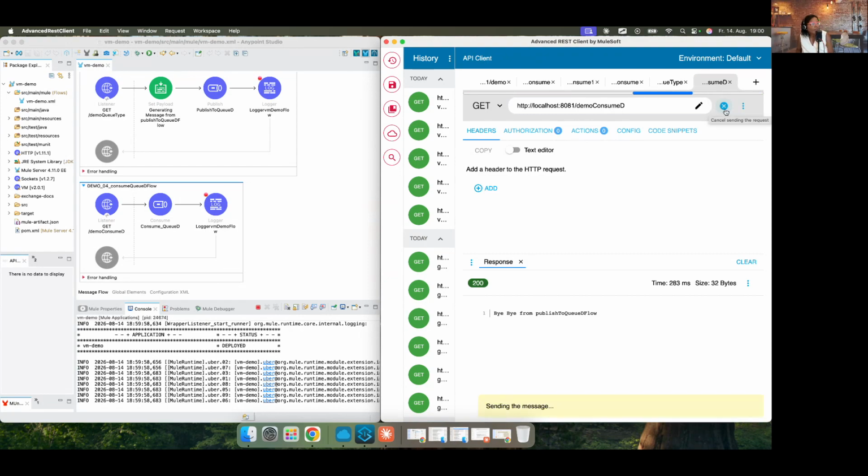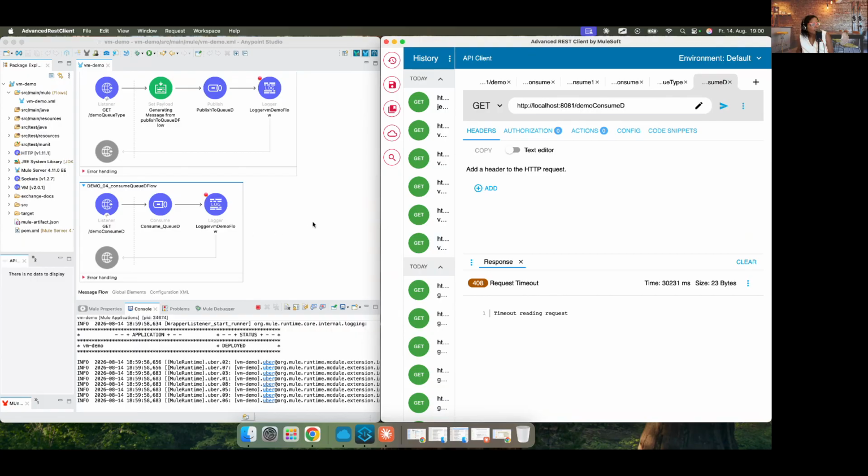And what you are witnessing here is that there is a blue bar moving from the left to the right. So the flow has been triggered and is expecting to see or to consume the data available in QD. But because we are working with a transient queue, the message is lost and we get a 408 request timeout because there is no data available in QD. Okay.